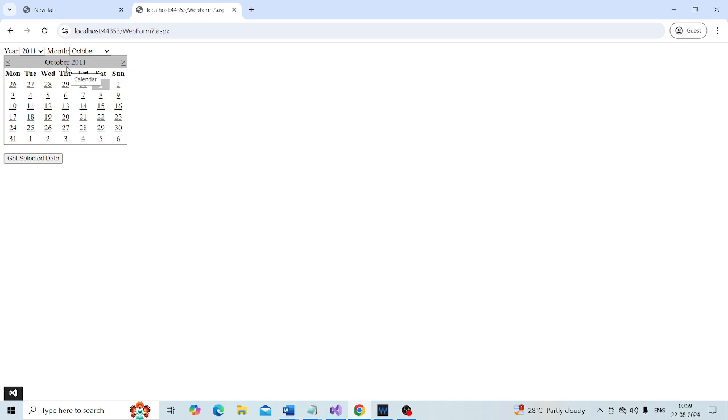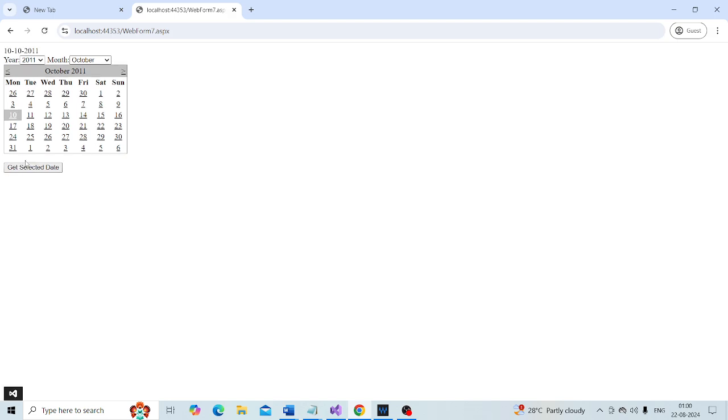All the user needs to do right now, if the date of birth is 10th October 2011, is select the date. If I select the date 10th October and click on this button, I get that particular date.